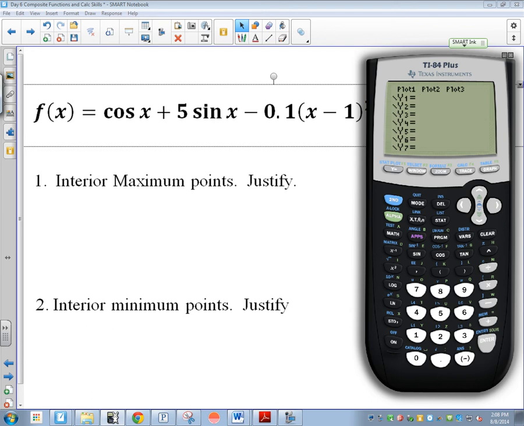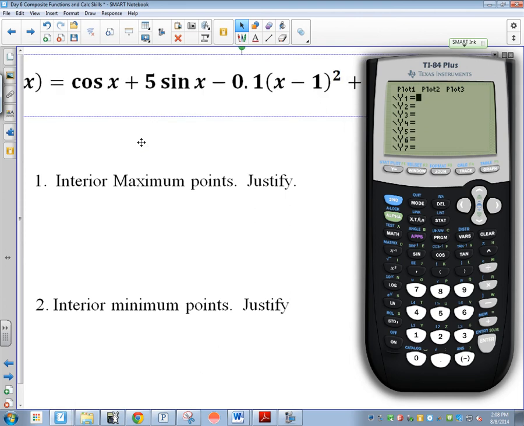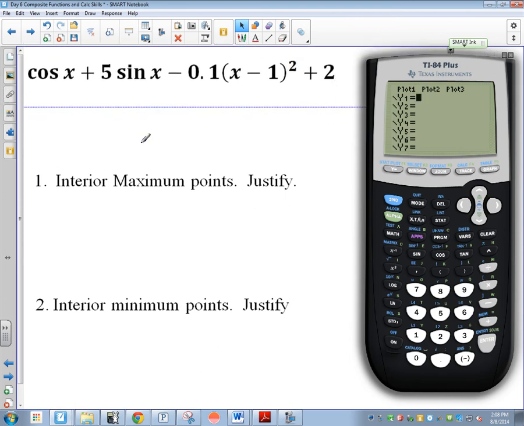this in its spot. All right, so we are doing cosine of x plus 5 sine of x minus 0.1, x minus 1 squared plus 2. Lots of stuff there. Take it step by step. So here we go. Cosine x, close my parentheses,